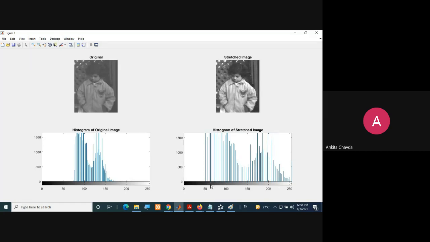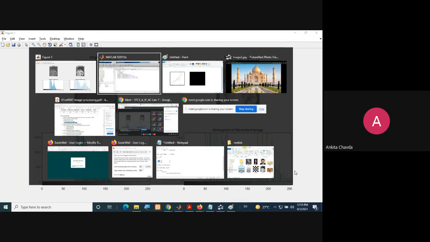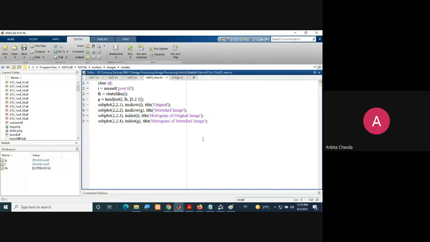And if you make it 0 to 1, then it would be scattered from 0 to 1, the whole range, 0 to 255. That's what we can say. Okay? So this is what we are doing. I think it is clear to everybody what we have done with the built-in function imadjust.